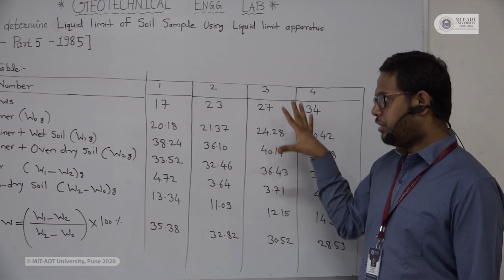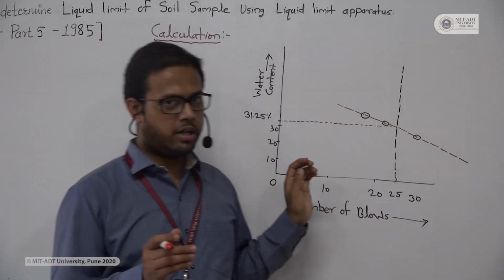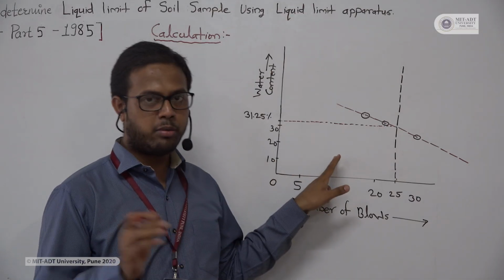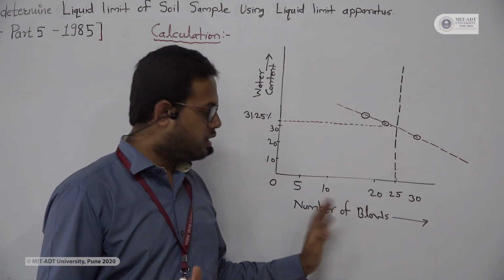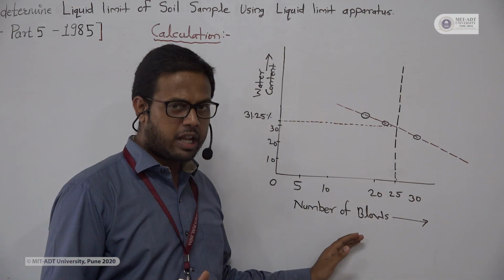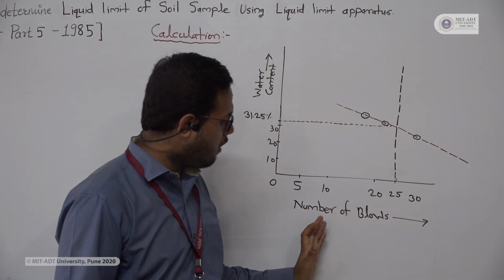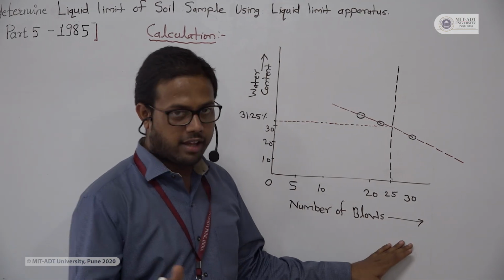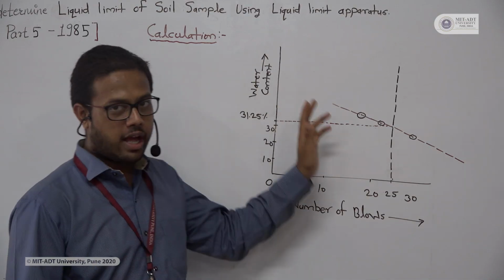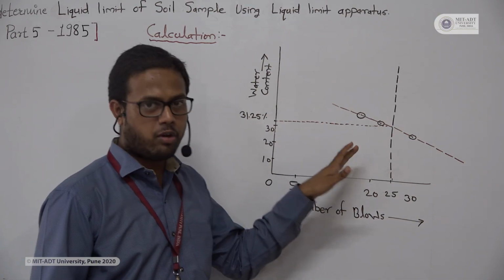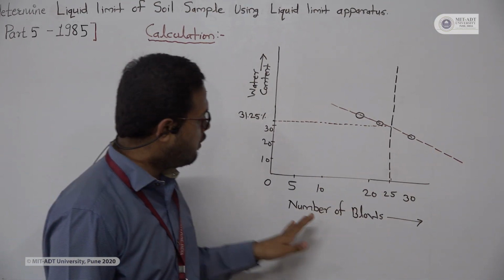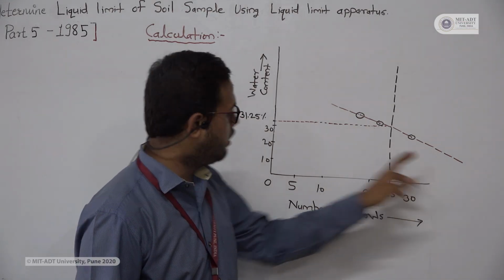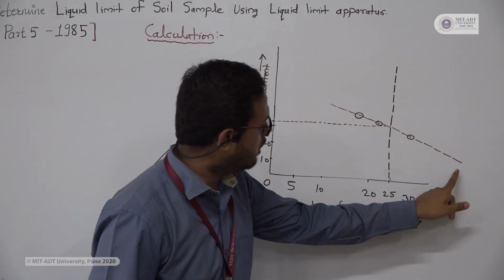Okay, this is the observation table format explanation. Now after taking the readings from our observation table, we can plot on semi-log graph paper a graph of number of blows on the x-axis and water content on the y-axis. Now this is what we take for that semi-log graph paper. If you plot the number of blows for all 4 readings, we will get a single line,